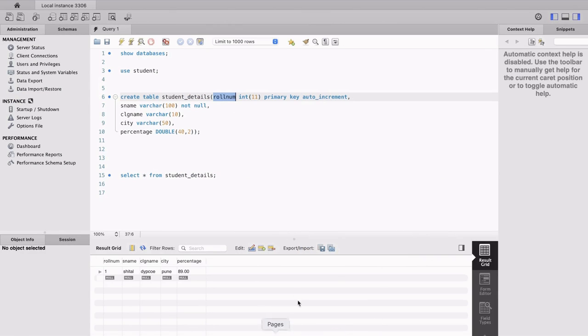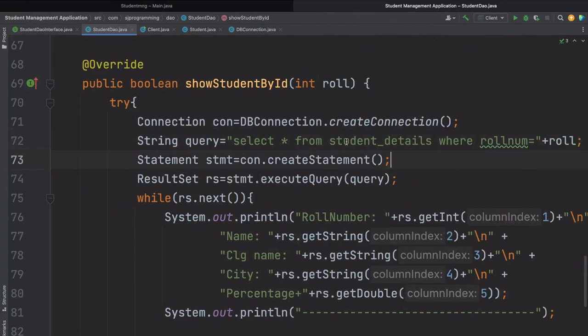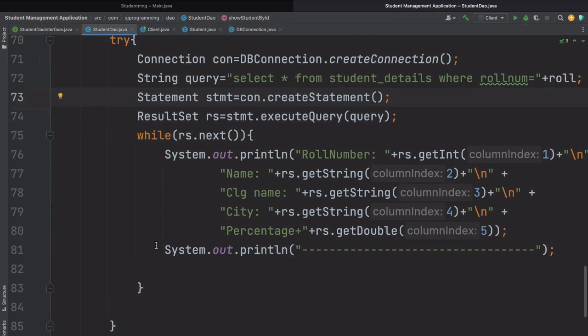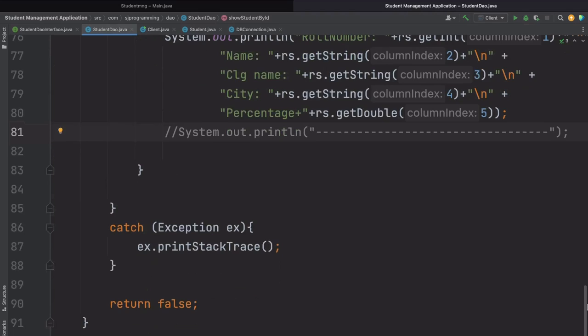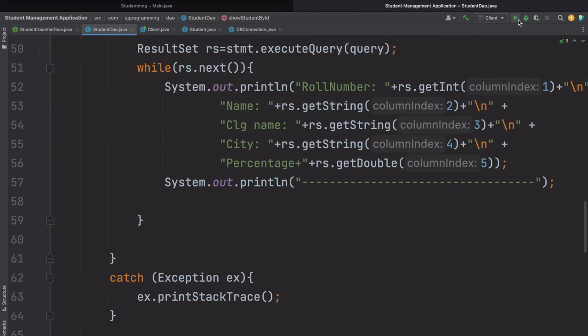Now let's open our IntelliJ. Now we will get only the student whose ID is whatever the user passes. We will be getting the same detail here. Just comment this line because currently we have only one record. Now if we run the application,